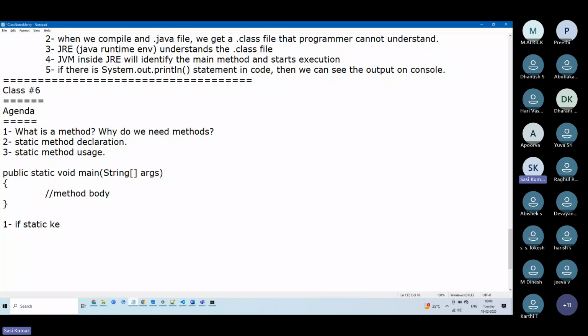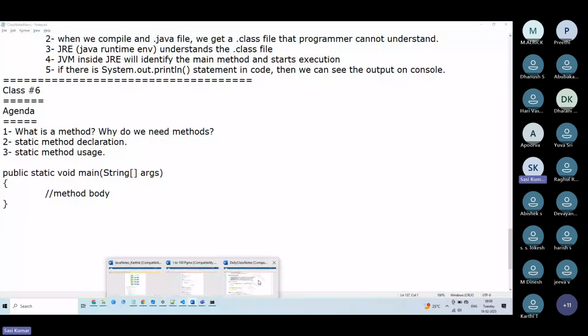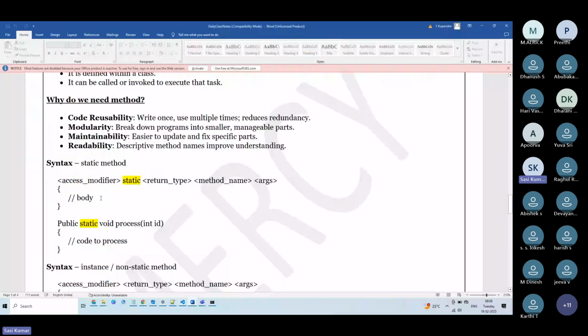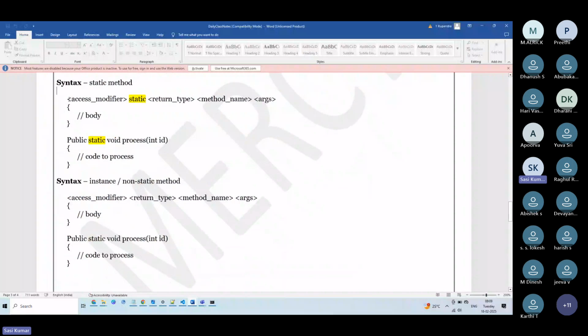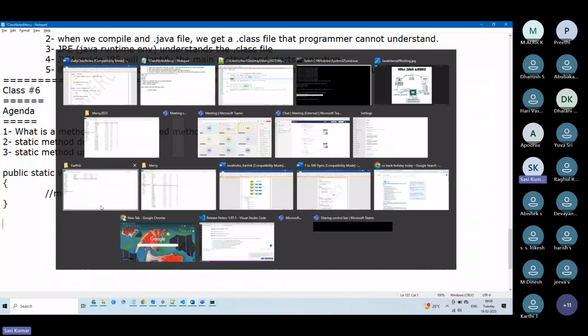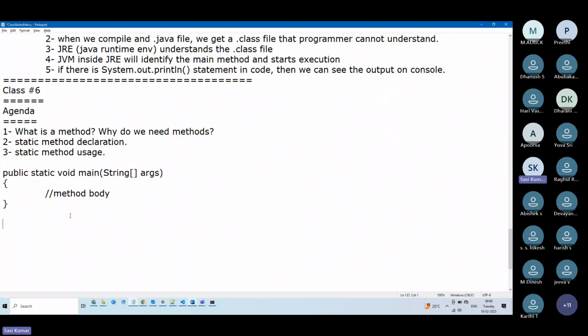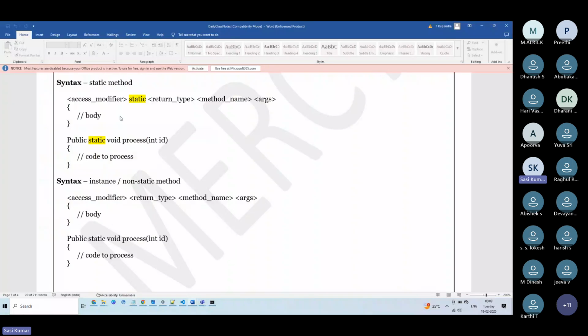Keyword, or even before I write the rules, I would like to give you some notes related to the syntax. Okay, so let me copy this and paste it over here. Oh, sorry. Maybe I'll be sharing this syntax with you as part of our class notes. But you just remember